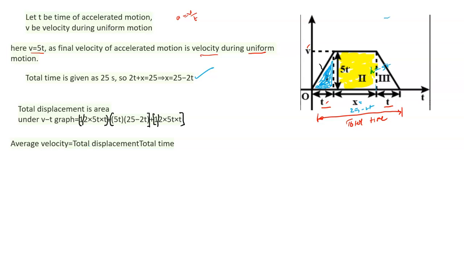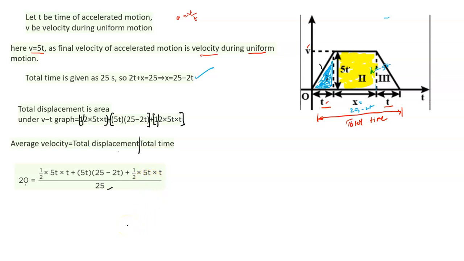Okay. So this is what we got, the total displacement. Now what is the formula for average velocity? Average velocity is total displacement upon total time. So as a result, just plugging in the values. Total time is 25 there. Average velocity is 20, that is given in the question. So average velocity 20, and we substituted 1 half 5t into t, 5t into 25 minus 2t, 1 half 5t multiplied